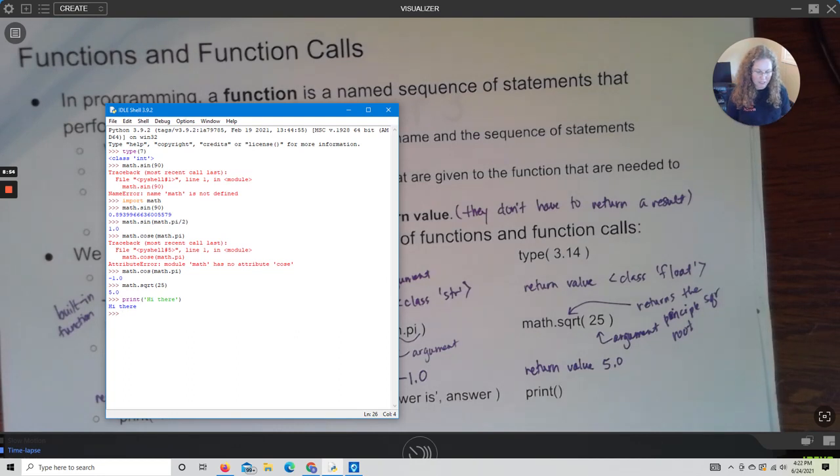So for example, let's say I say value equals print hi there. Okay, so it prints hi there, but if I look at the type, what did print actually return? So if I look at the type of value, it tells me there is no type, None, there is nothing there. That's different than if I did